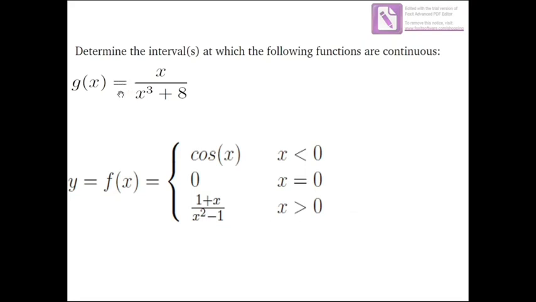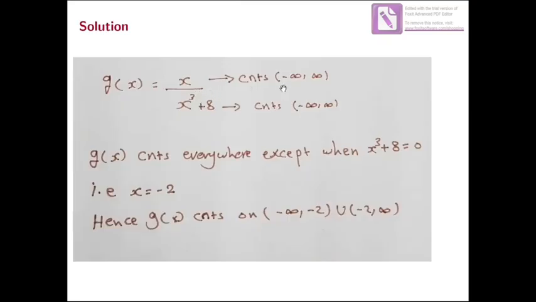Let us see the first one. g(x) is equal to x over x cubed plus 8. We say this one is a rational function because x is a polynomial and continuous everywhere. x cubed plus 8 is also a polynomial, continuous everywhere. But a rational function is continuous everywhere except at the zeros of x cubed plus 8. So x is continuous everywhere, x cubed plus 8 is continuous everywhere. The whole function is continuous everywhere except at the zero of the denominator, where x cubed plus 8